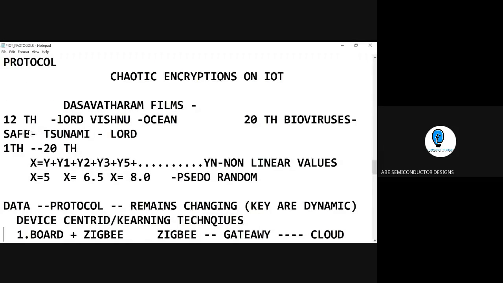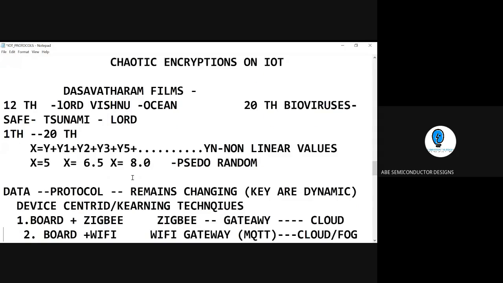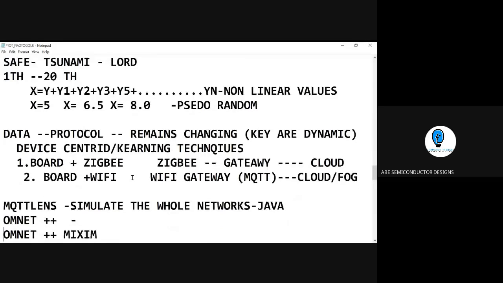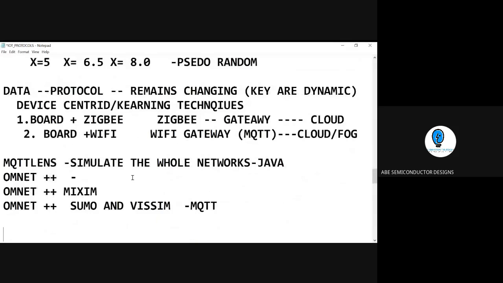This is the logic which takes place for a pseudo random generator, and it generates the data in each and every iteration. There is a non-linear relationship with each other. And then after that, how to implement all this stuff on my experimental setup. This is the experimental setup on the hardware. And when you want to work on the software, if you don't have the hardware with you, you can work with this kind of software to generate the data with the help of MQTT and the IoT network. So this is the mechanism.